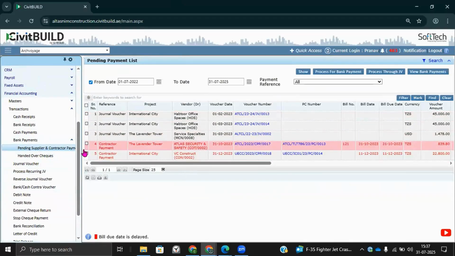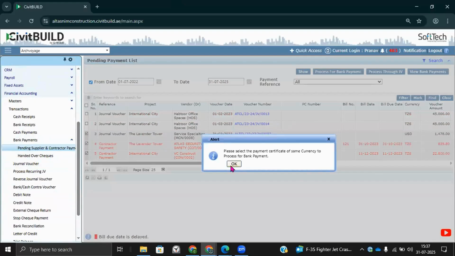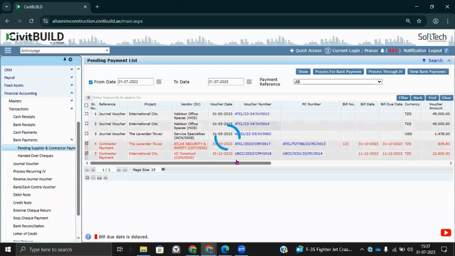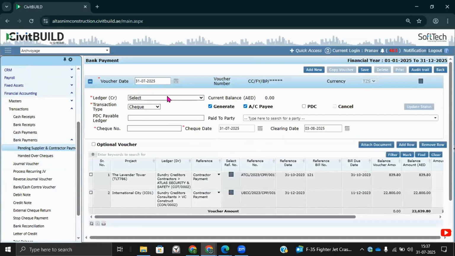From here, you can choose to pay a single party, or by selecting multiple parties, you can proceed with the bank payment or cash payment generation. There are multiple transaction types available, maybe online payment preparation, PDC, CDC, and whatnot. With that, you can generate a bank payment and submit it to your finance manager, let's say, for approval. And after receiving approval from an authority,